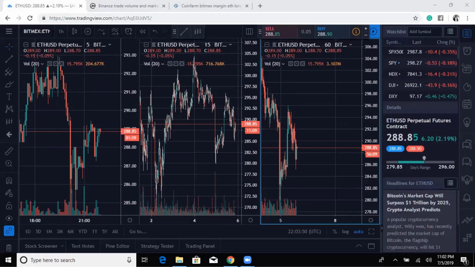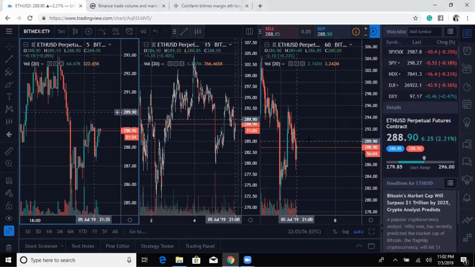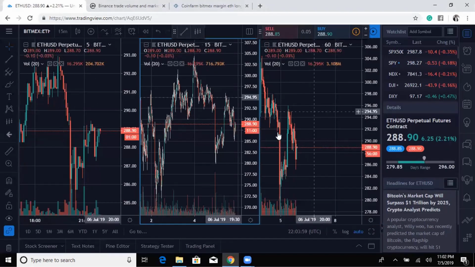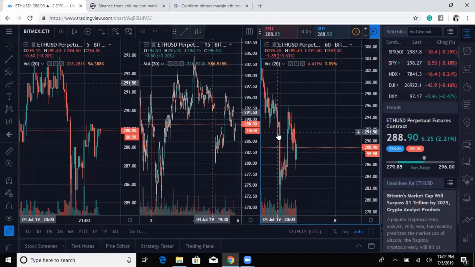If it opens up with a red, take a short position. And then use multiple time frames: 5 minutes, 15 minutes, and 60 minutes. That's 1 hour. The reason why you're doing this is because you don't want to get into that position